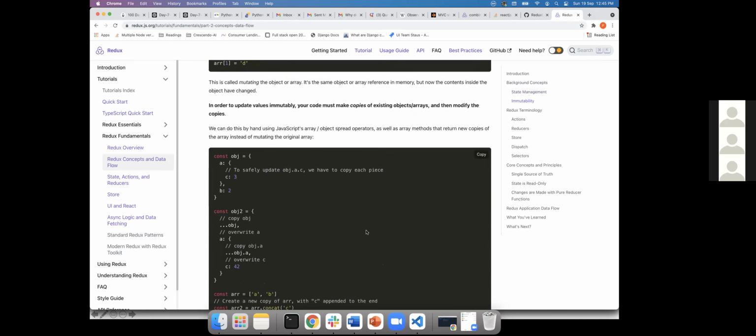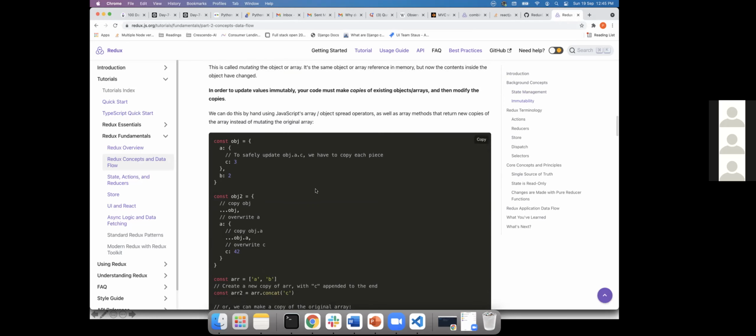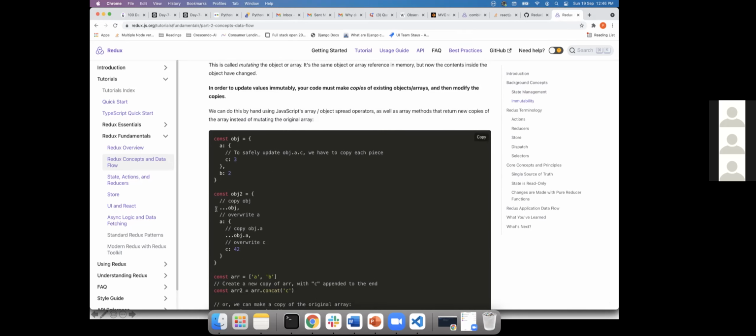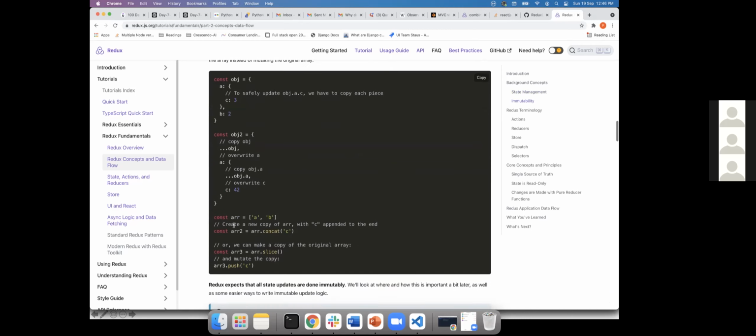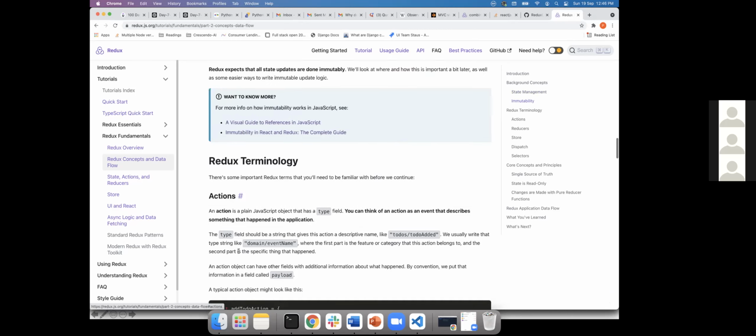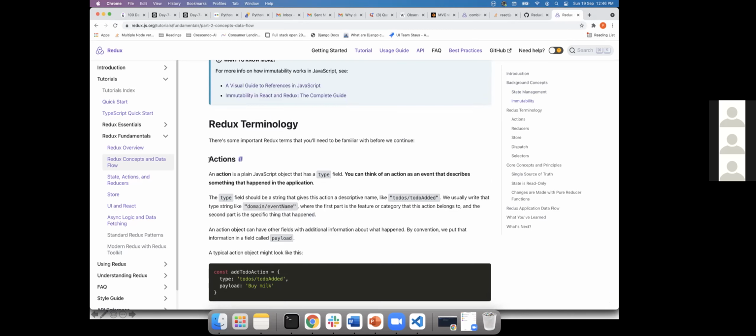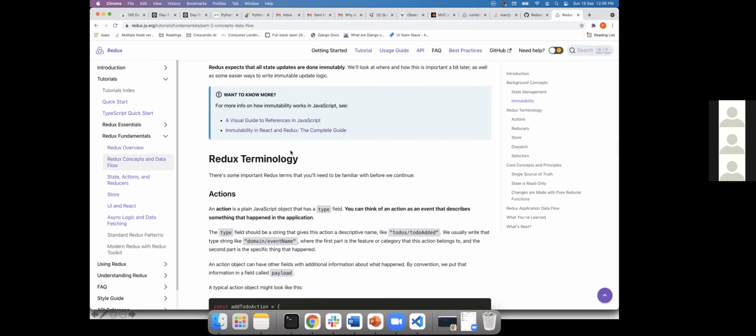If you remember one thing, state should not be mutated. So you have to take a copy of the old state and append the new state using a spread operator. That is the standard. Why should we not mutate the original one? Is it being referred anywhere else? You will lose the old one, right? I think this one I did not cover.